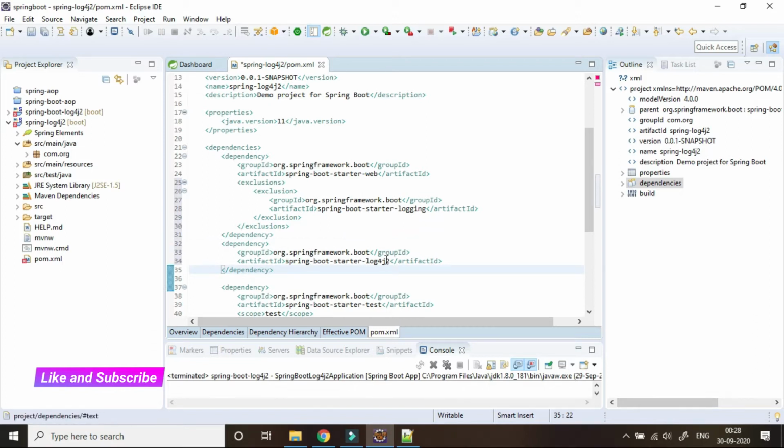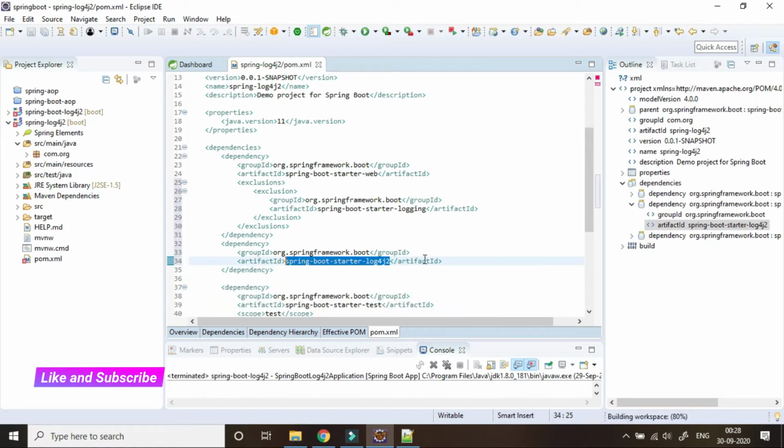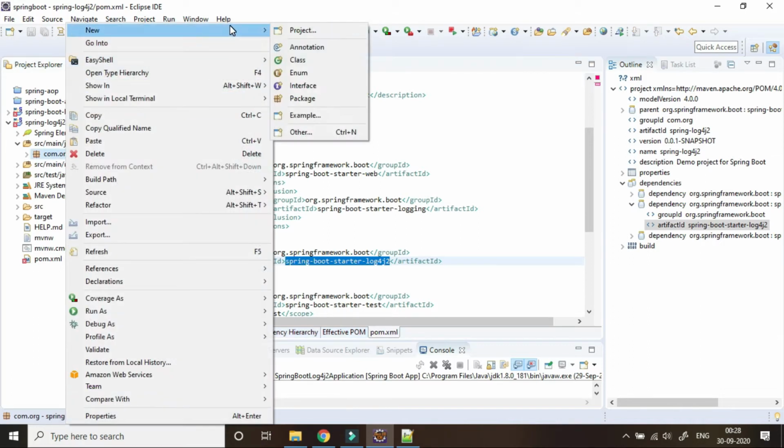This is our Log4j dependency that we are including. Just save it. Once we save, it will download the Log4j2 dependency. Now we will create a controller class where we will write our logger statement.